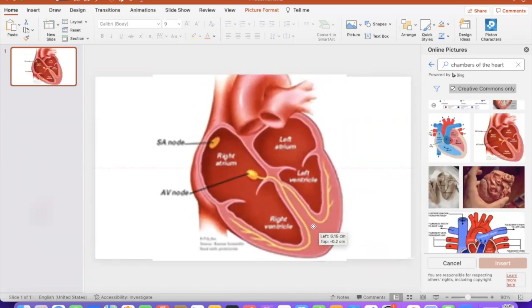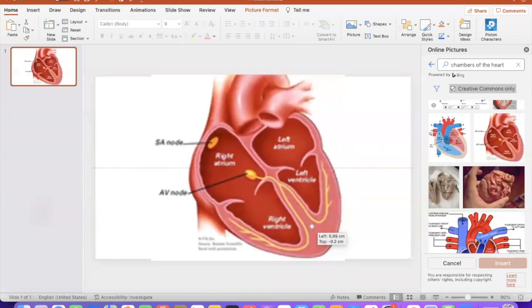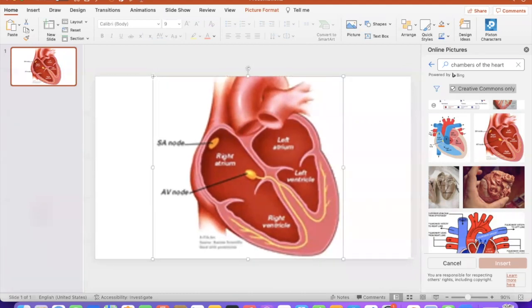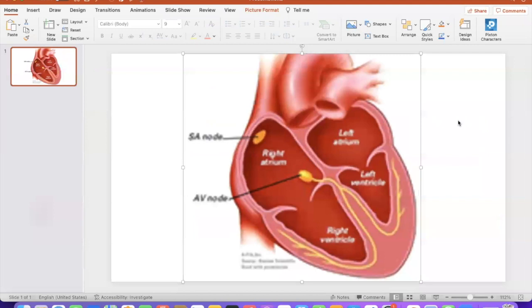I agree, this is not the best of photos, but it's meeting the purpose for us today. We want to talk about how blood flows into and from the heart, and that's all that I am presenting in this case here. So I have imported the picture here. In order to create this to morph when I speak,